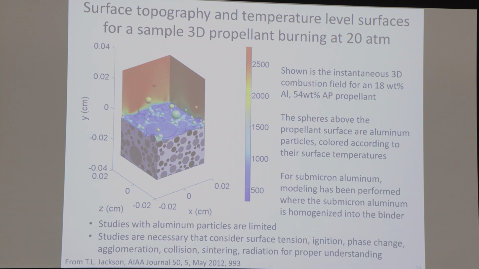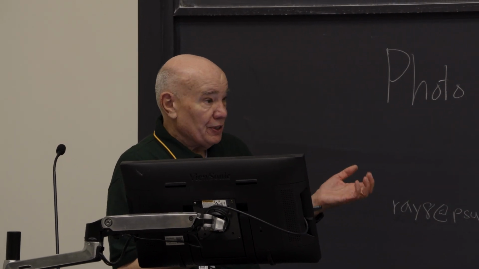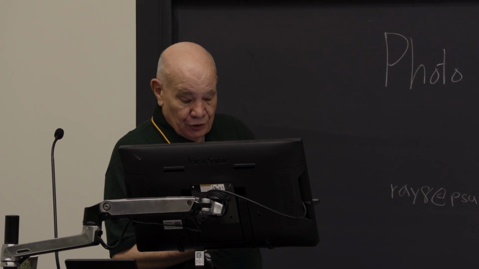Okay, and I think this is probably the starting calculations with that 3D pack model. And in this particular case, they did include some aluminum particles that are coming off the surface. So this is really state of the art. And in fact, there is a code that I think is free to download called, I'd have to look it up, it's Fire something, that was built by Tom Jackson, who's now at the University of Florida. And you can basically obtain it from him to do these sort of calculations. But again, there's a lot of work that needs to be done. They're very intensive, and they do a pretty good job of predicting burn rates as a function of pressure,